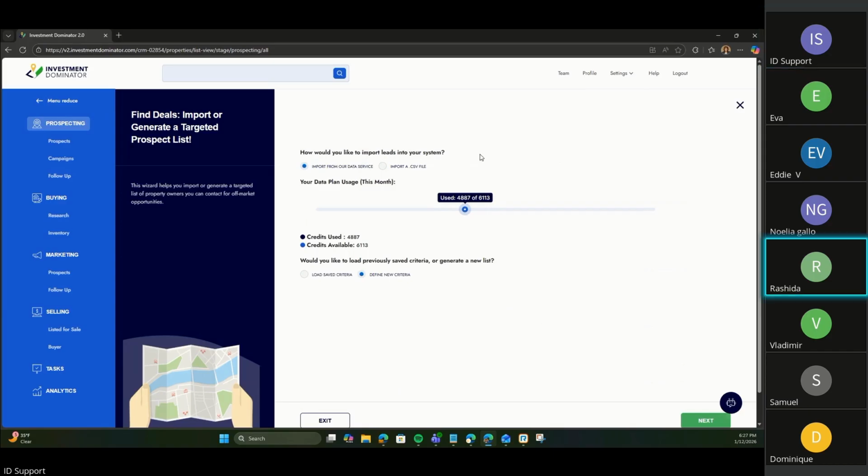No, I opened up the ticket for the one that didn't have a name at all. So when I went back to see if I had more that didn't have names, I saw the ones that only had one name. And so that one also came through the Investment Dominator data service? Correct. Did you put the ID number in there for that record for that ticket? Yes, I did.